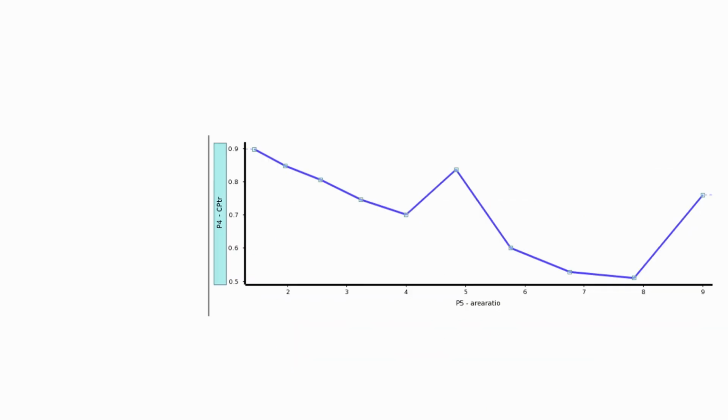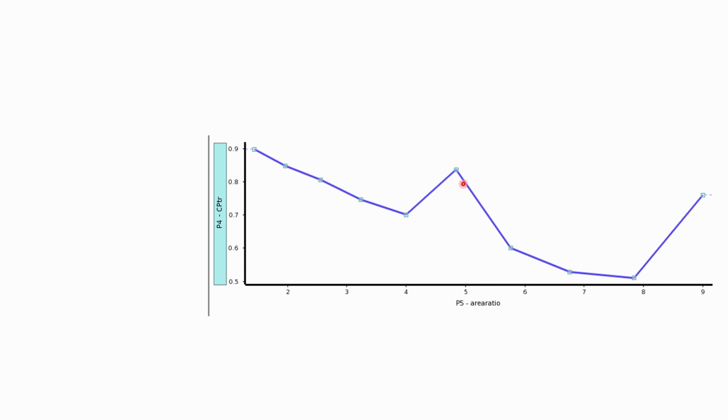Secondly, if you go into our total pressure recovery plot, you can see that up to an area ratio of about 4, as the area ratio is increasing, the total pressure recovery is decreasing, that is more and more flow is getting separated from the end wall, and in this way the total pressure at the exit of the diffuser is not as it should be in comparison to that at the inlet.